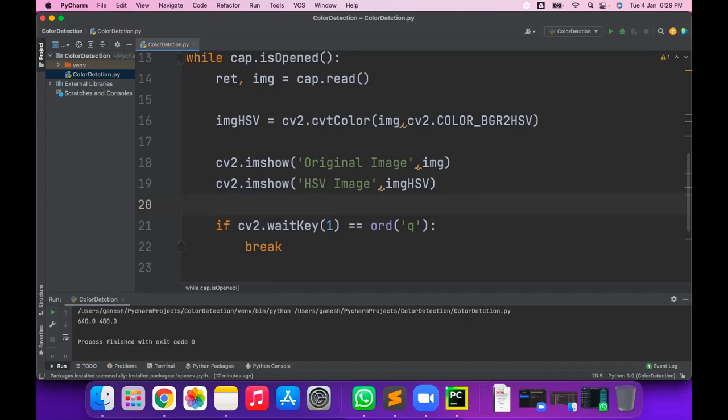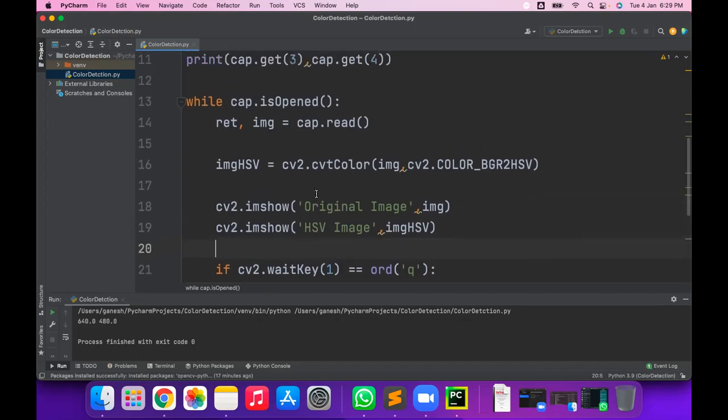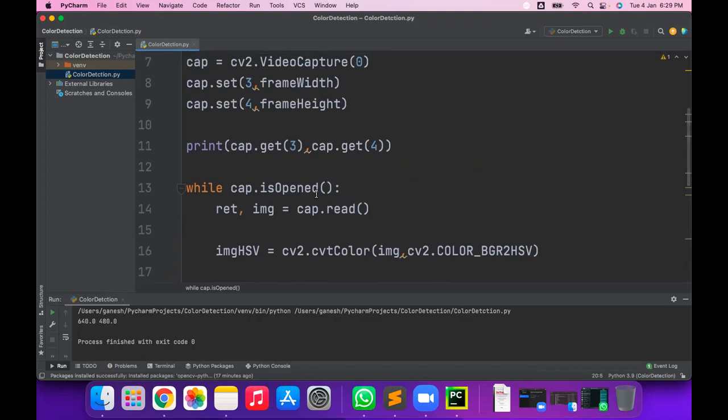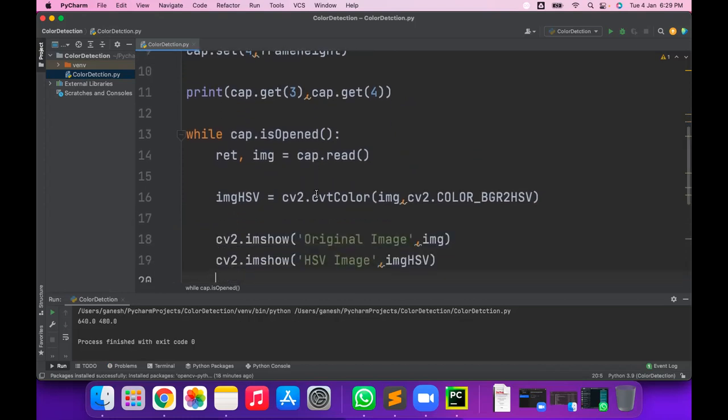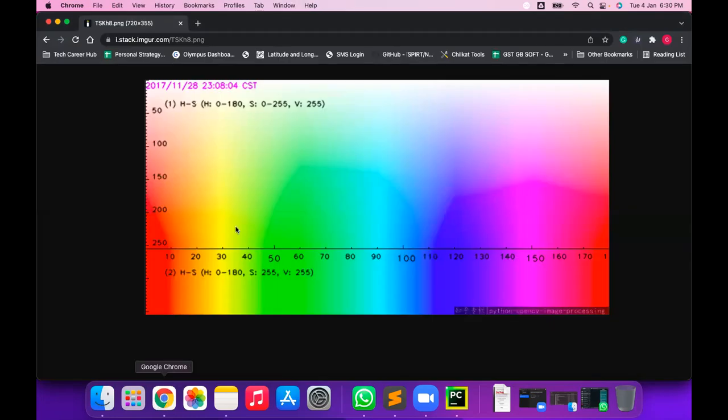So how to create a mask? But before creating the mask, let me show here, because we don't know the value of the H, saturation and the value V. HSV value we don't know, because if I know the HSV value of the red color, we can easily get it.